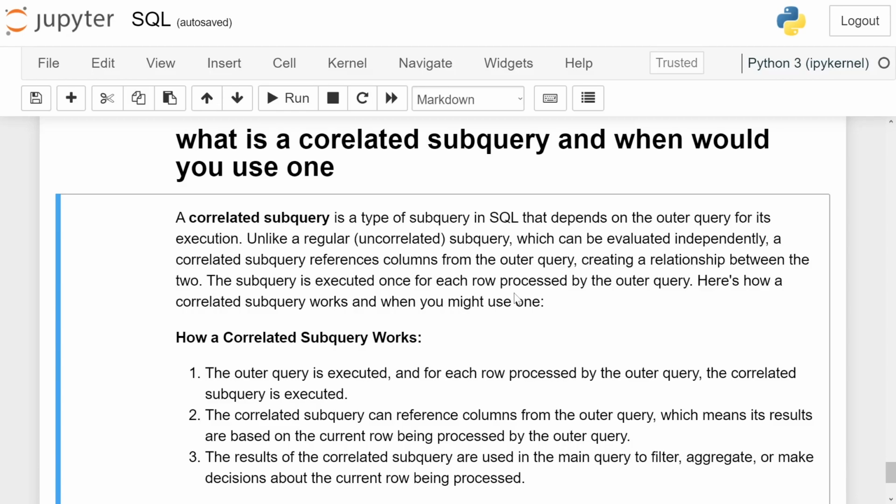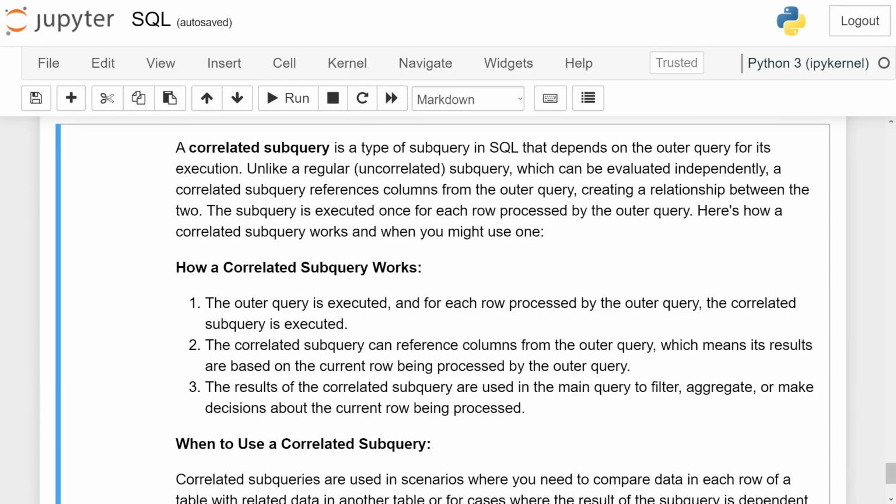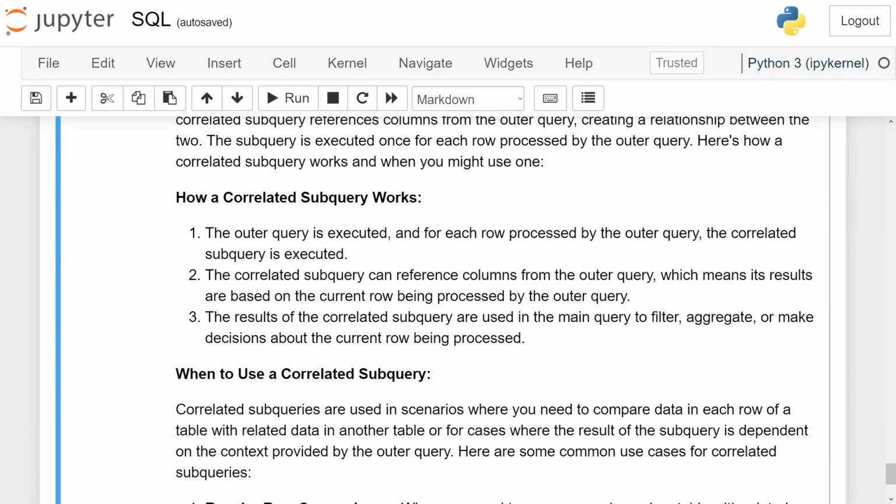Here's how a correlated subquery works and when you might use one. How a correlated subquery works. The outer query is executed, and for each row processed by the outer query, the correlated subquery is executed. The correlated subquery can reference columns from the outer query, which means its results are based on the current row being processed by the outer query. The result of the correlated subquery is used in the main query to filter, aggregate, or make decisions about the current